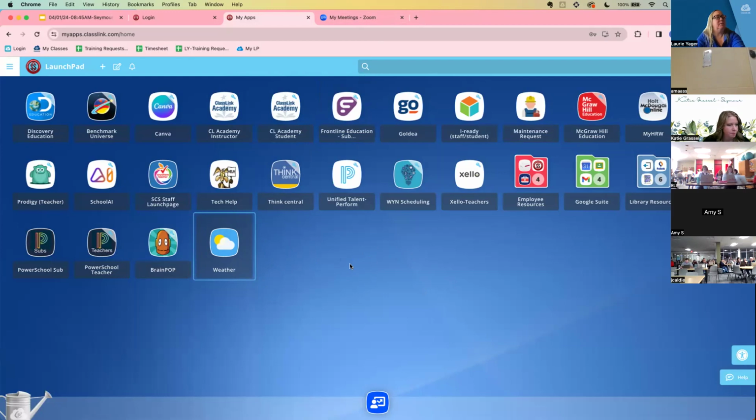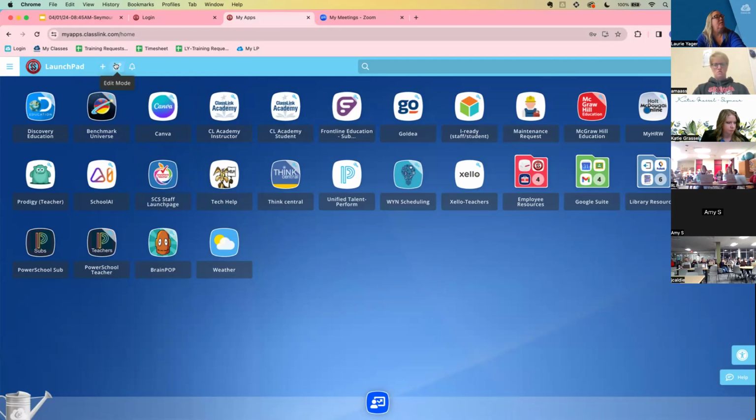You are also able to add apps by right-clicking on your Launchpad here. I alternate between calling it Launchpad and calling it, it's kind of like your desktop. So you can right-click and add app. You can also add folders in that fashion, or you can go to the plus sign up here. Then you also have